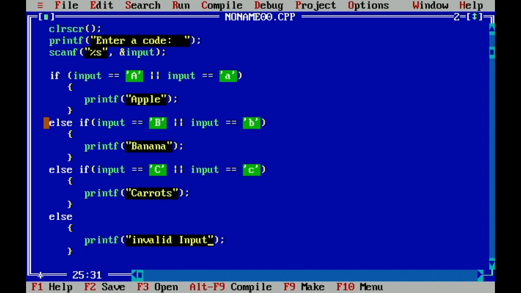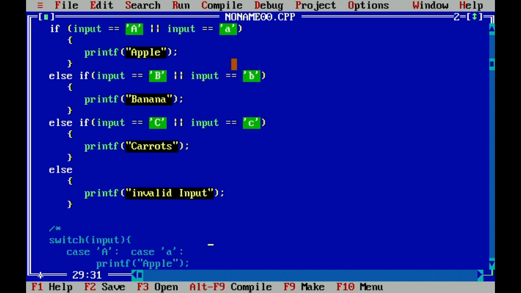Okay. So this time we have completed our if-else conditional statement. The conditions are input if it's equal to capital A, or if it's equal to small letter a.